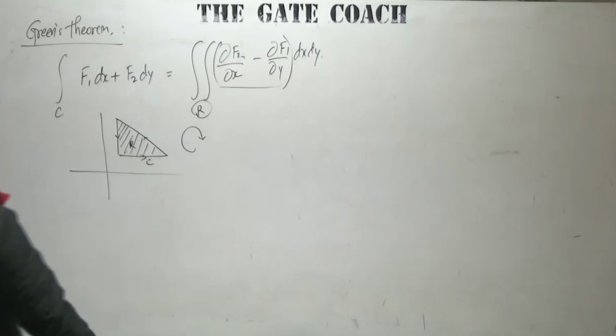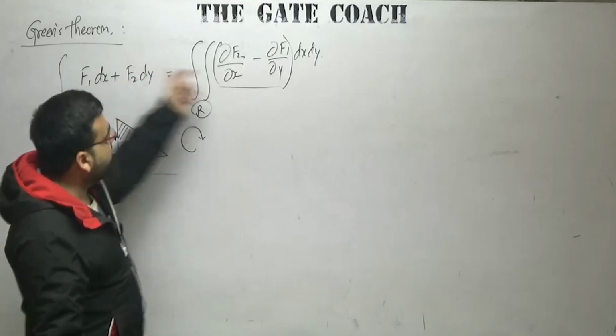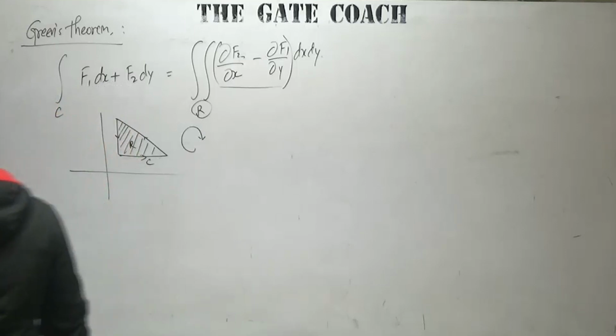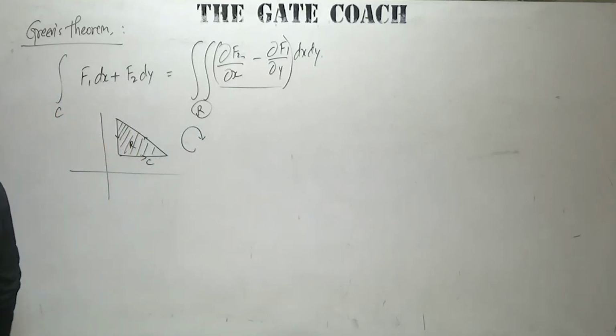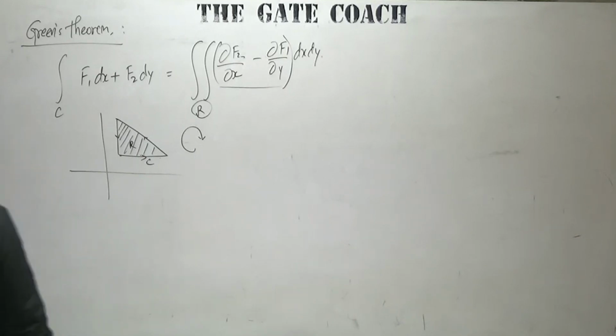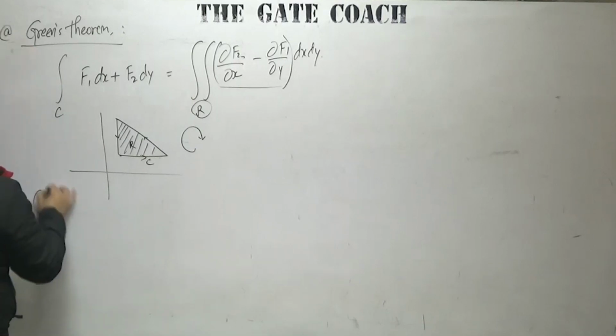And then we also solved some questions, verified Green's theorem, and there was a very simple question where we converted a line integral into a surface integral and solved it. So we have solved different types of questions on this particular topic. After this we discussed Stokes theorem. Number B was Stokes theorem.